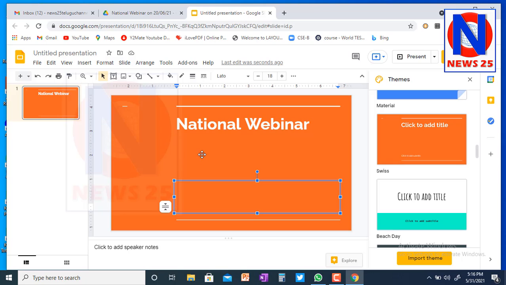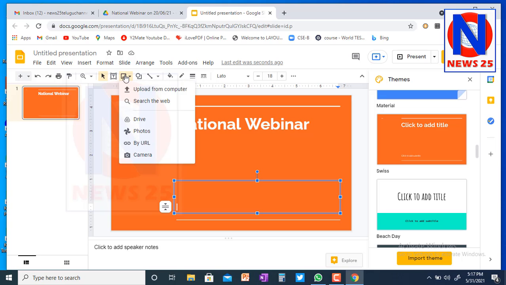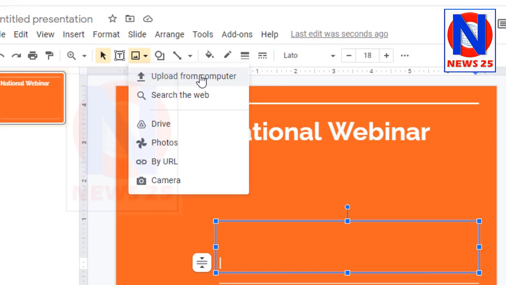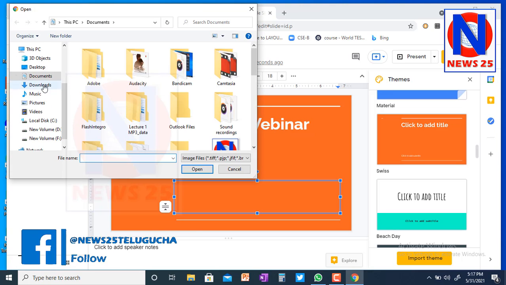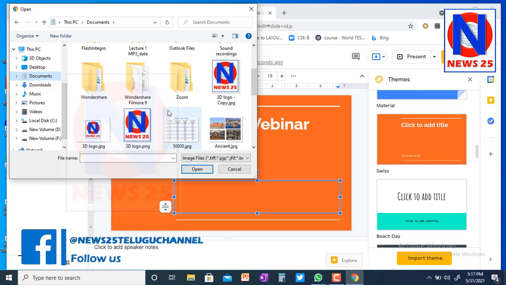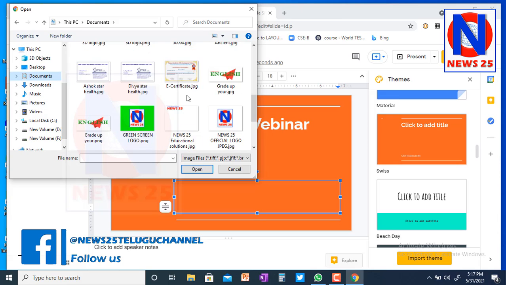Okay, for this purpose, I have already created a template, so I'll use that template. For that you just go to insert image and upload from computer. Just click on it. Okay, documents, I'm going to e-certificate.